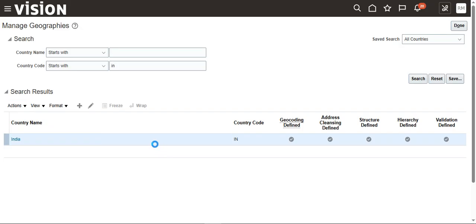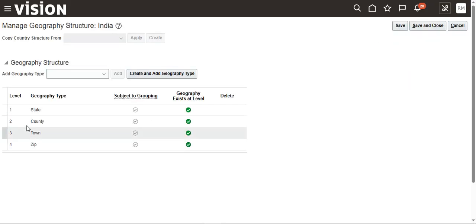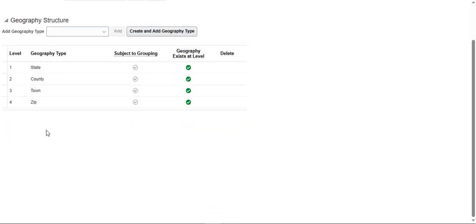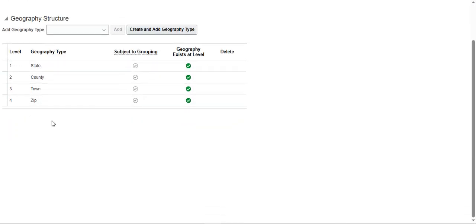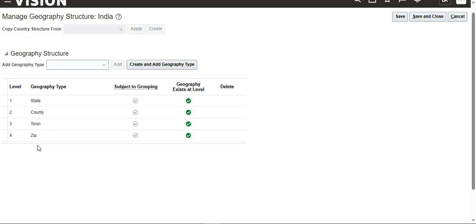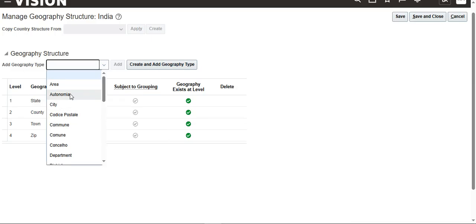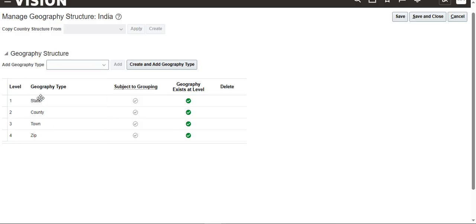In this, first define the structure: country, state, county, township. So these are the hierarchy setup. If you want one more hierarchy level, you can create and add the geography type here, such as area or city, whatever you want. You can add the structure here. After that,